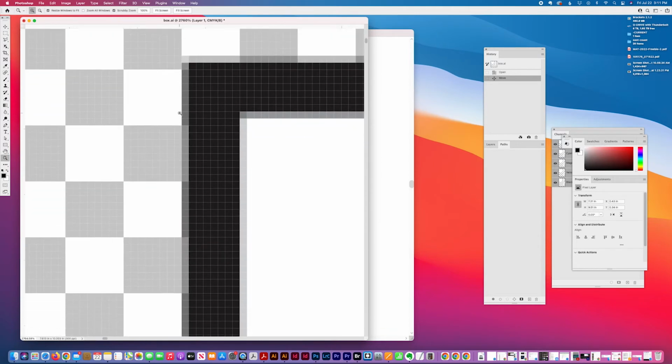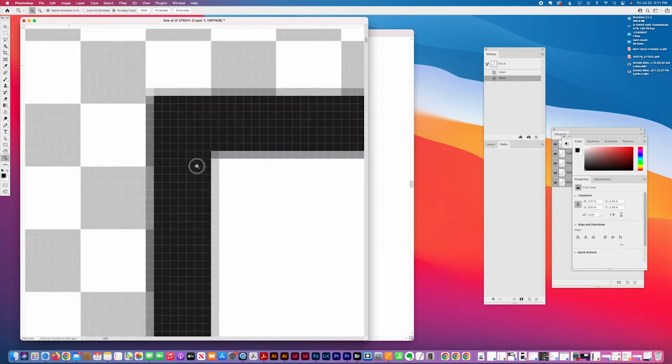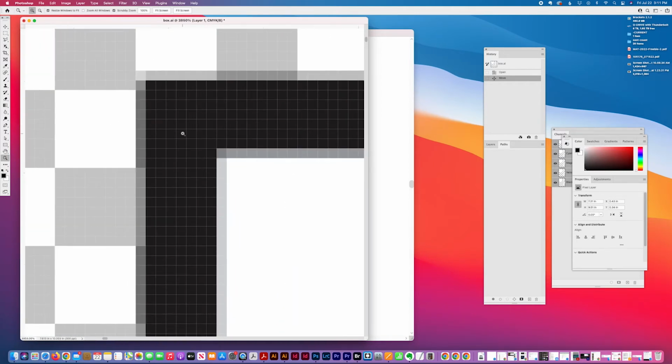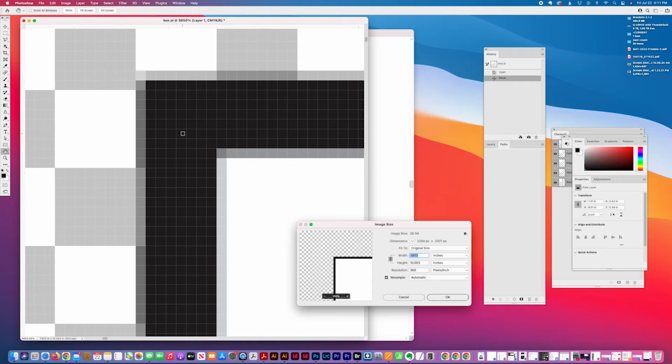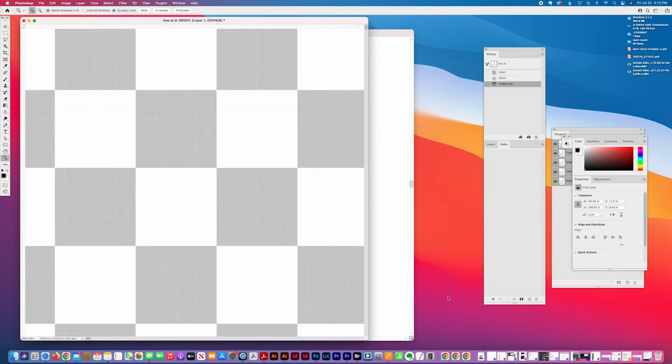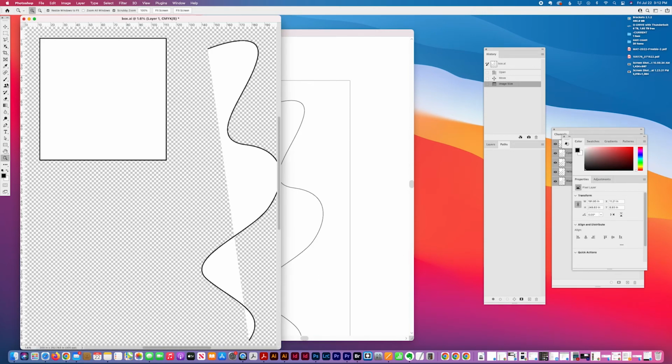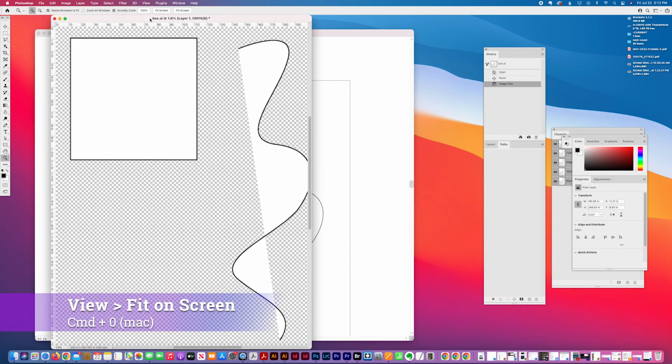with it at a smaller size, the original size, it's fairly crisp. But if I resize it to 200, for example, inches, and it takes a while because it's huge, and I'll go back to the original, I'll go back to the actual fitting the screen size and then zoom